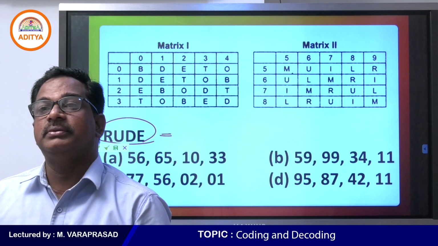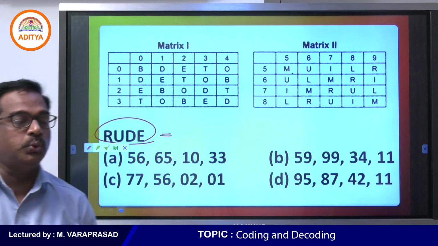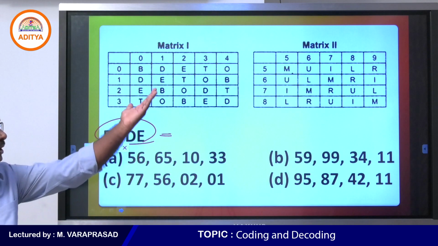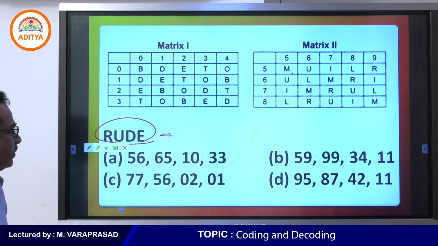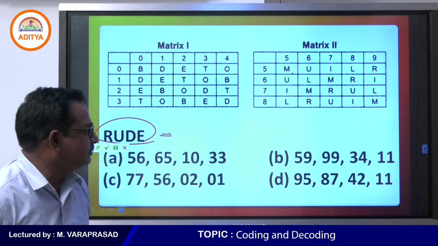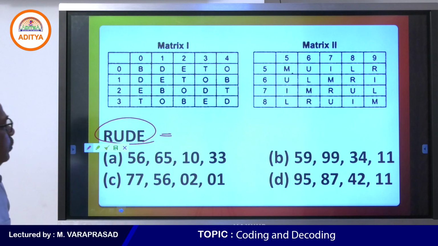Yes, my students, what answer will we get as Road? Or can be written in how many ways? Or means we can go to that place. So the first one is 59, so the answer starts from 59. Second one, U. U can be written as 56, 65, 78 and 87.